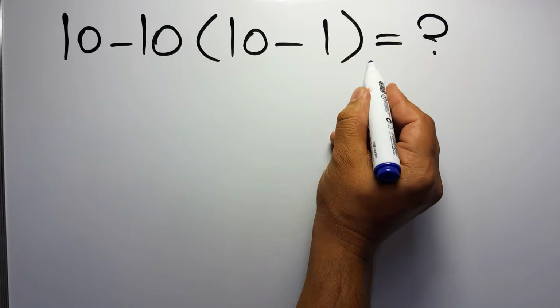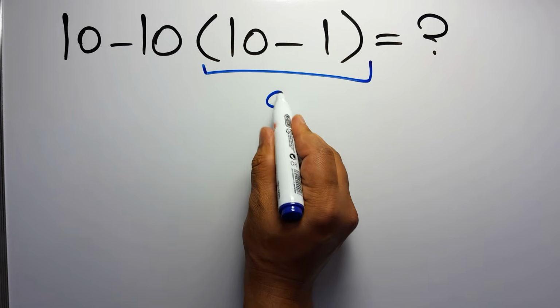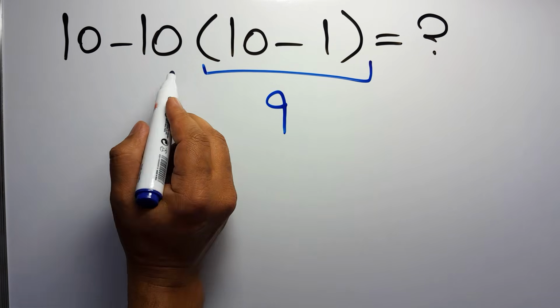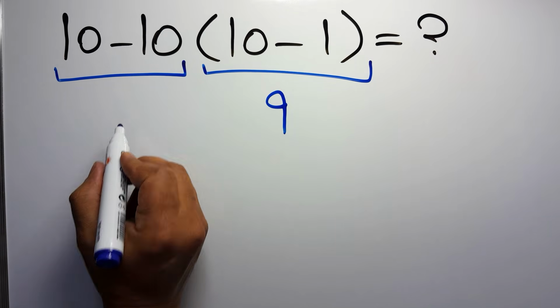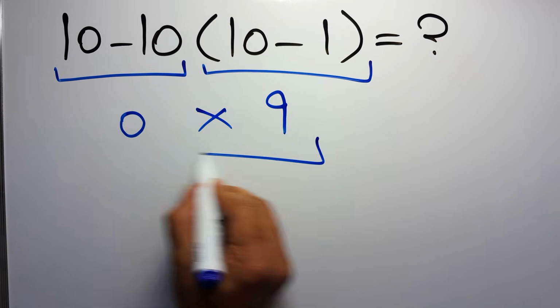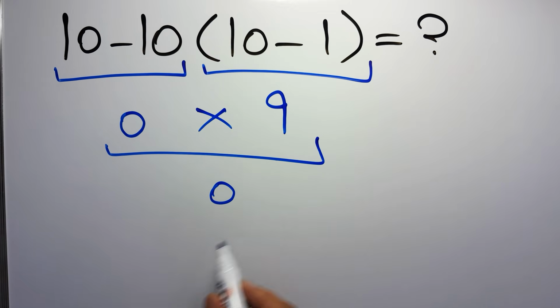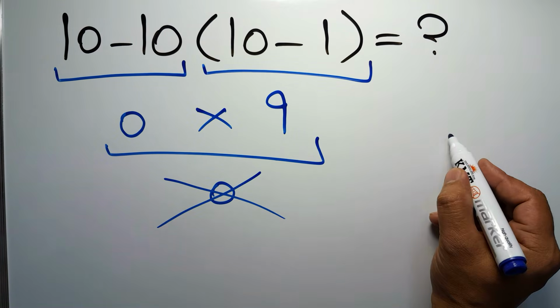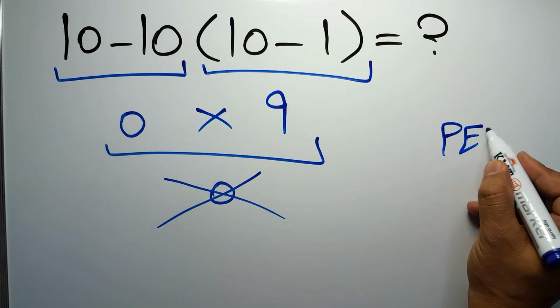10 minus 1 equals 9. And here we have 10 minus 10, which equals 0. So 0 times 9 is just 0. But this answer is not correct because according to the order of operations, which is PEMDAS,